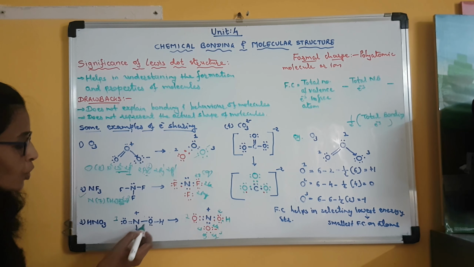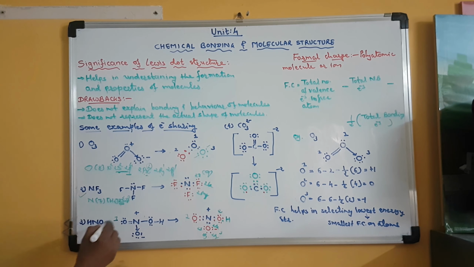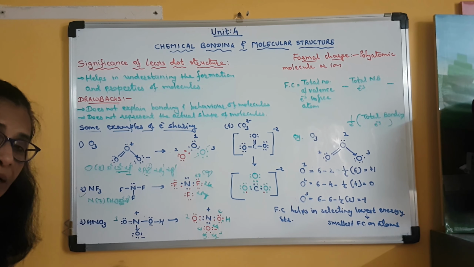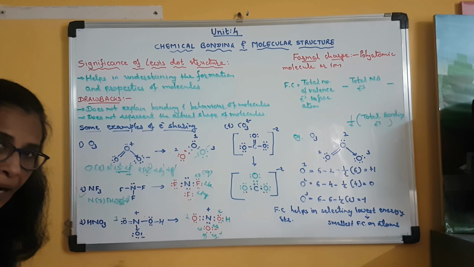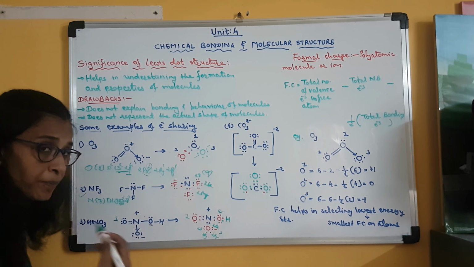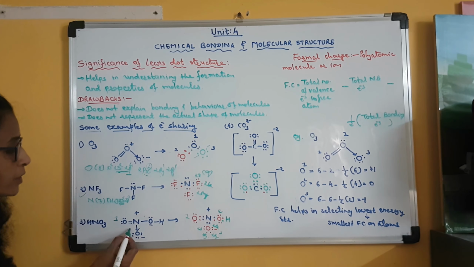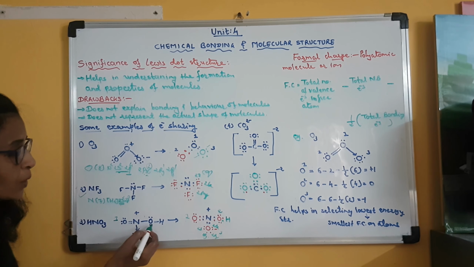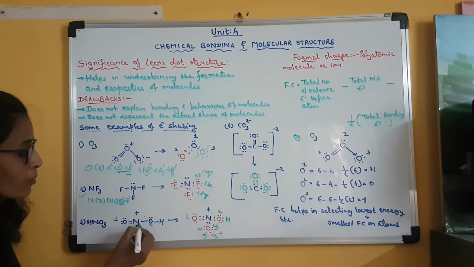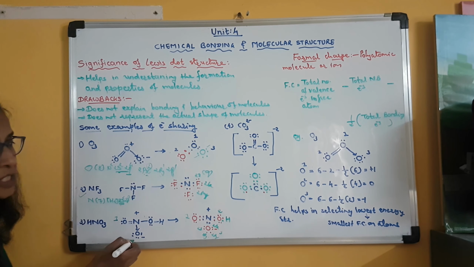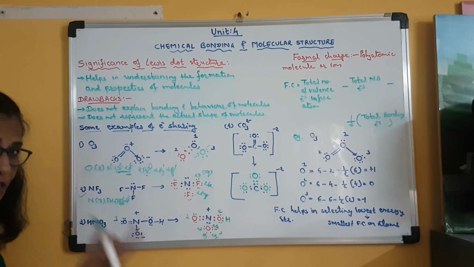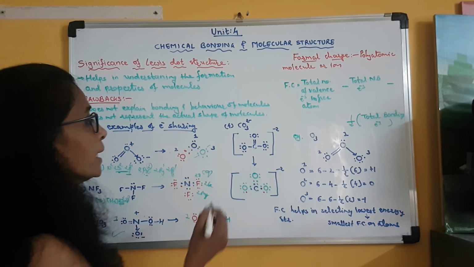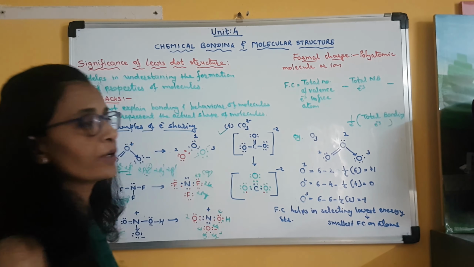Is it clear? So in the nitric acid, you can see there are three oxygen atoms. All of them are covalently bonded to the nitrogen atom, but the type of covalent bond formed by each of them is different. With the first oxygen atom, the nitrogen has formed a covalent double bond. With the second oxygen atom, it has formed a covalent single bond, and with the third oxygen atom, it has formed a coordinate covalent bond. Clear? So this is again very important. Clear? Then the last example, it is of carbonate ion.